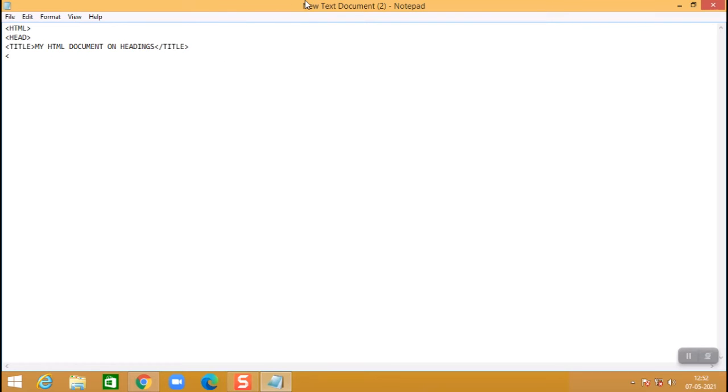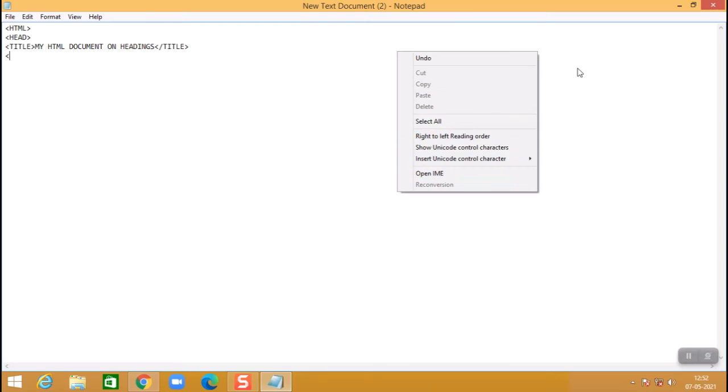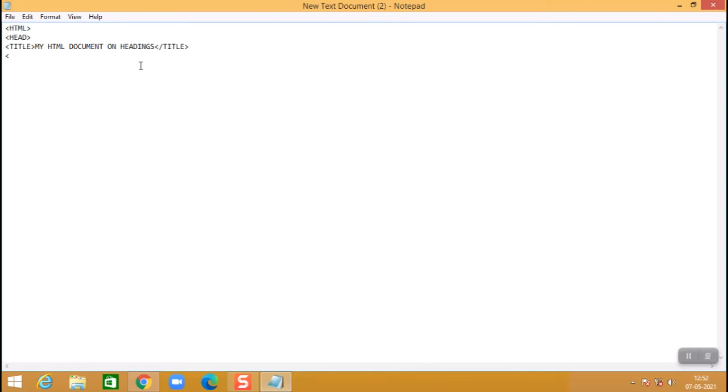Okay, this is also an HTML. I want to see that there is no error in this. This is a heading. Okay, and one thing I want to tell you, the headings are always located on the upper side.